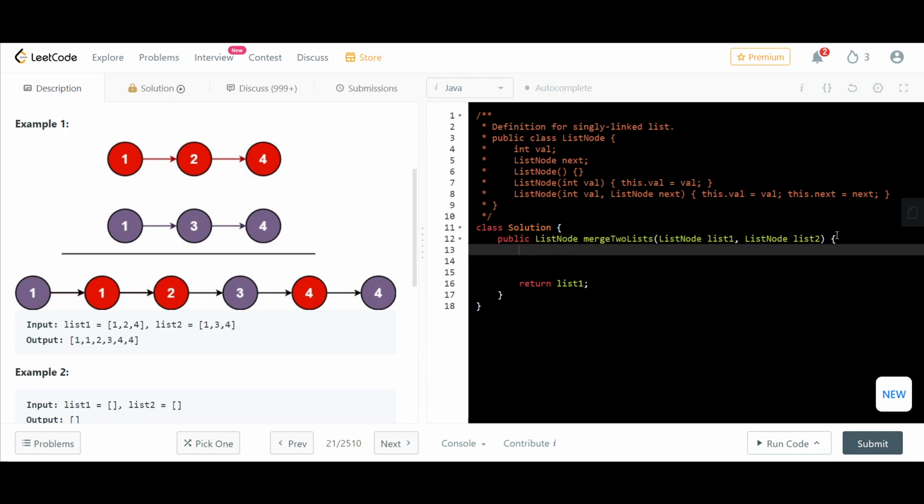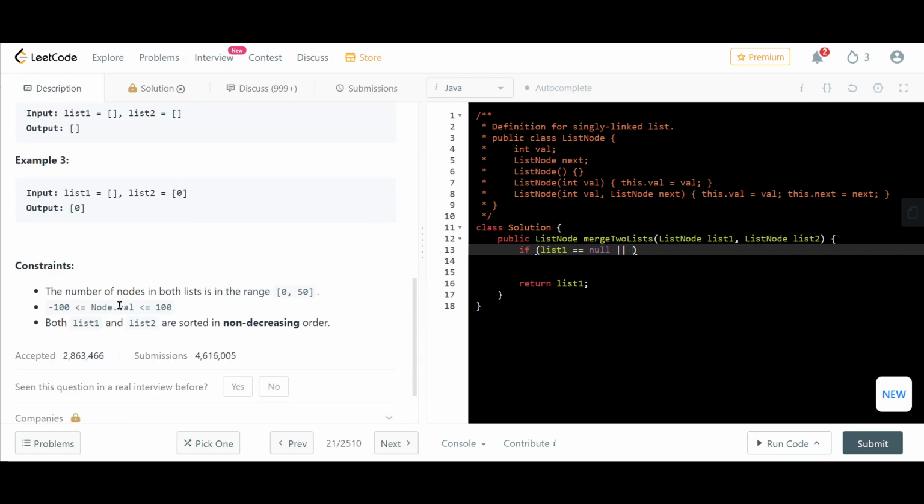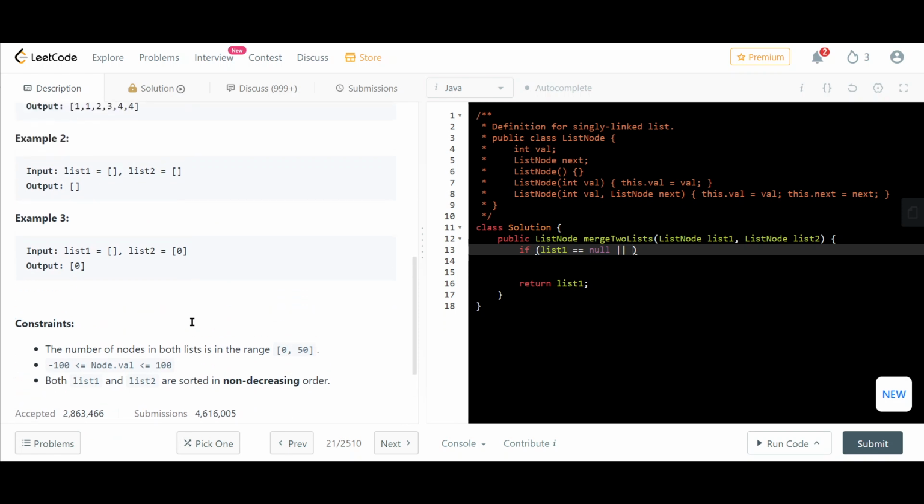Now, what if list one is the bigger guy? Then you swap list one and list two. Fair enough. Or rather, it could also be that one of them is null. So if list one equals null, or is there a thing like they cannot be null? List one, list two is sorted in non-descending order. Number of nodes can be zero. Yes, if list one is null,